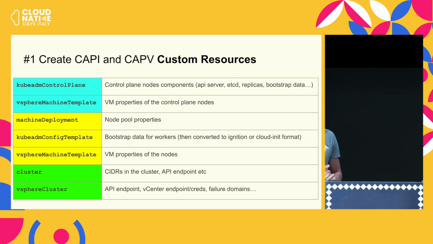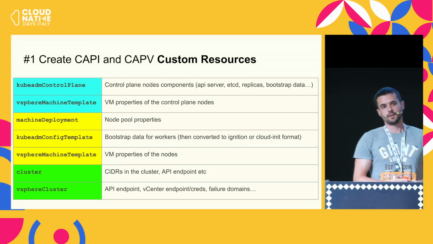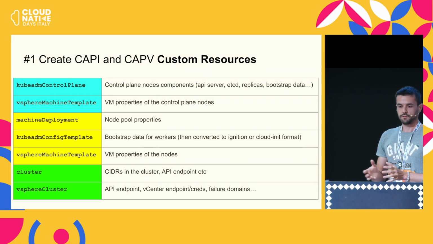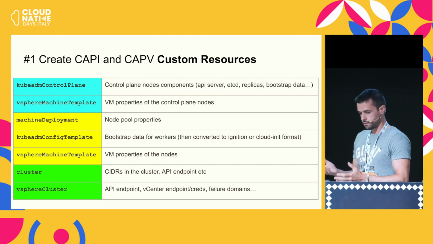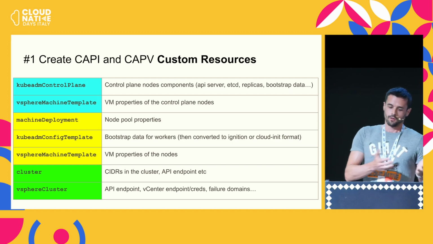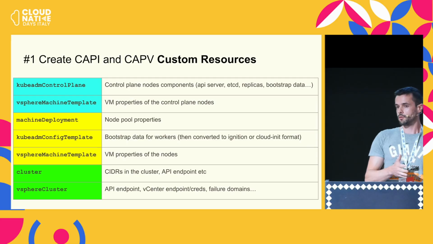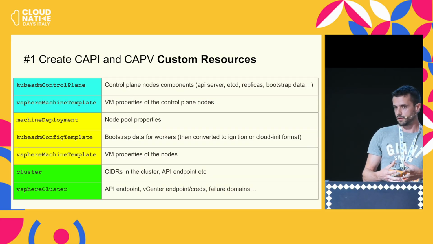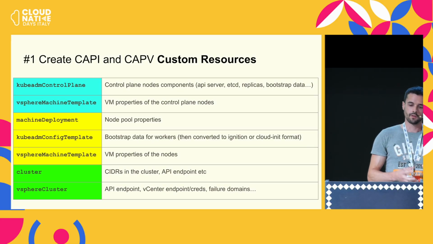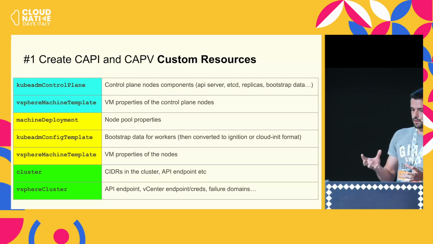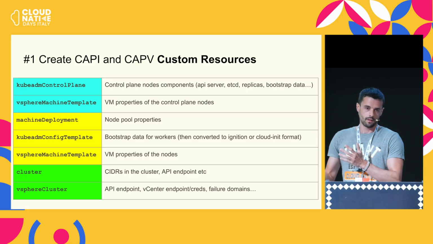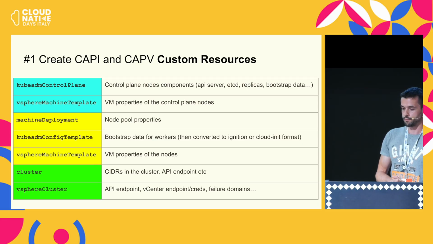In yellow, we have the worker nodes. I mentioned node pools earlier. In this case, it is called machine deployment. A machine deployment is going to define what the node pool should look like: how many replicas do you want, specific failure zones, etc. We have the bootstrap data, which is split. In the kubeadm control plane, we had everything in one CR. Here we have the machine deployment and the kubeadm config templates, which will introduce all the bootstrap data and everything that we need to turn a machine into a Kubernetes node. And the same infra machine template for the VM.